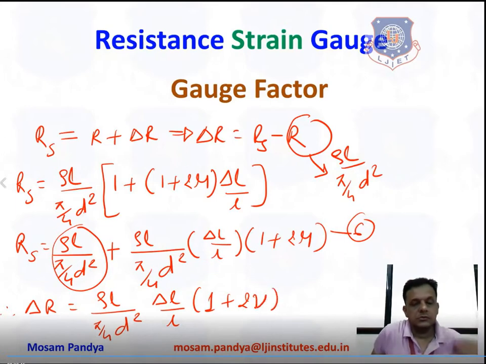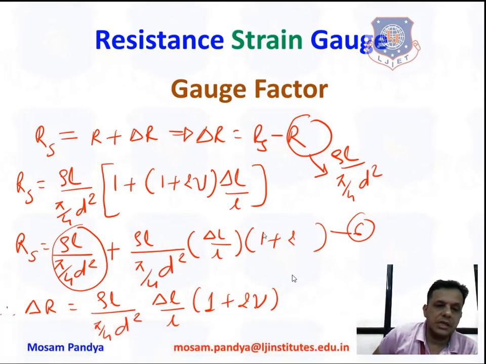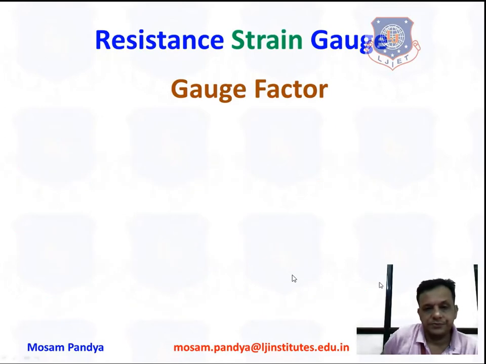Here you see we can use both the terms mu and v, that is actually Poisson's ratio, and I'm rewriting it. Please do not commit the same mistake in the examination that I have shown you here purposefully. Use any one notation. You can use mu from the starting as well. So now we have received delta R, let us say equation number 7. Let us go ahead.